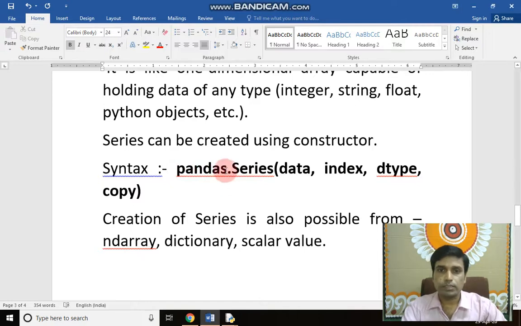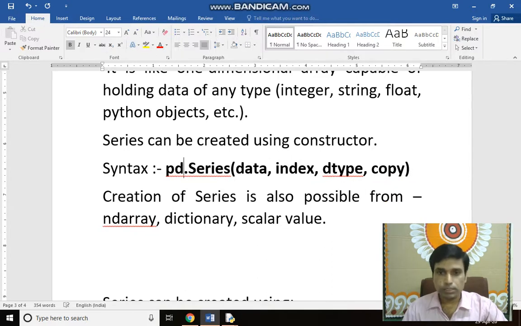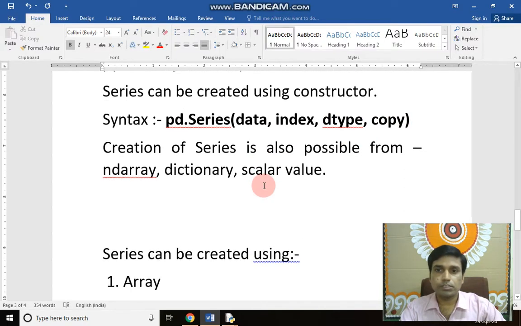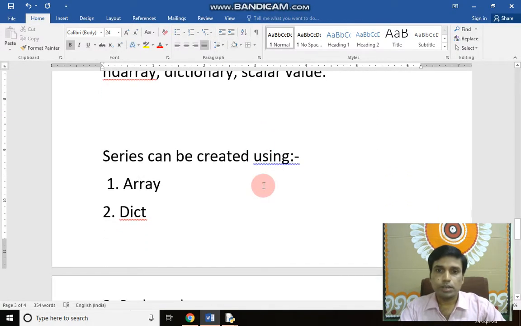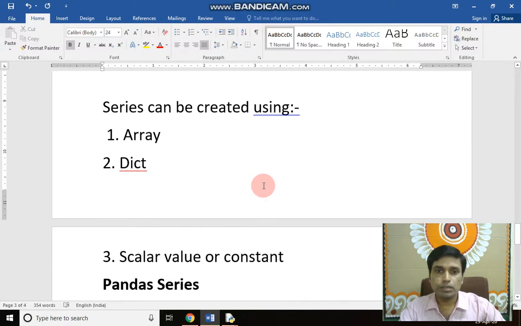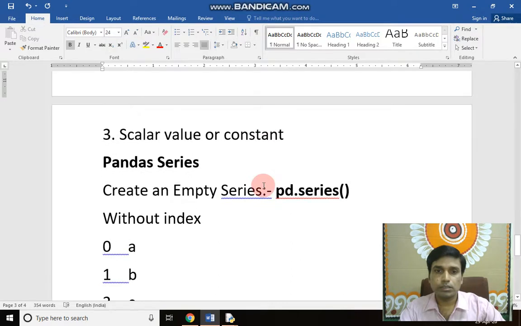We can write here any name, pd.Series. S is capital, and the arguments of the function are data, index, dtype meaning data type, and copy. Creation of a Series is also possible from an ndarray, dict, or scalar values.